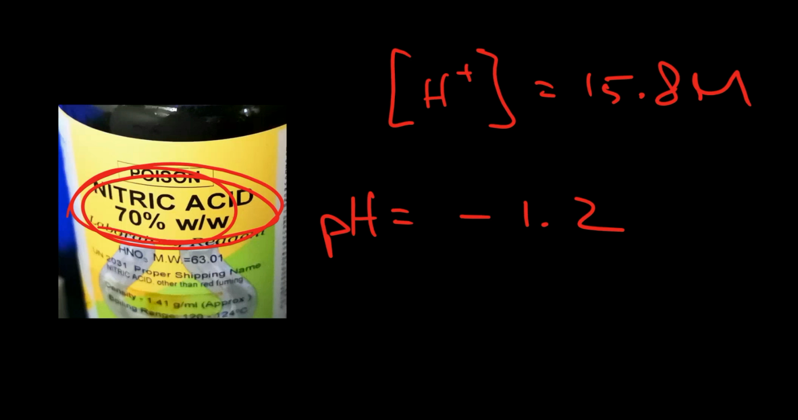And it's got a minus 1.2 pH. But guess what? We can go lower than that, because here's some good stuff. Here's sulfuric acid. Now, this is 95 to 98% sulfuric acid. It's very concentrated. Now, 95 to 98%. Well, if it were